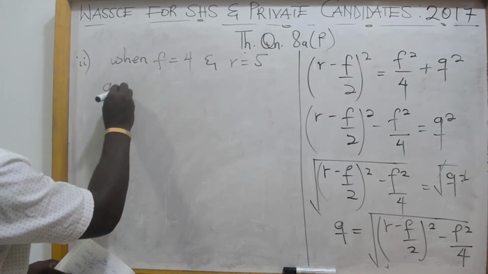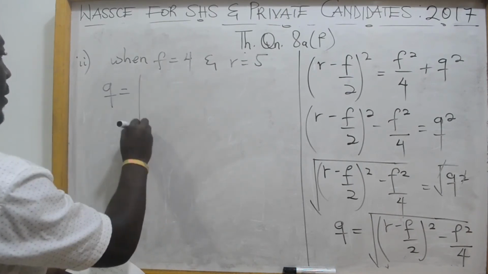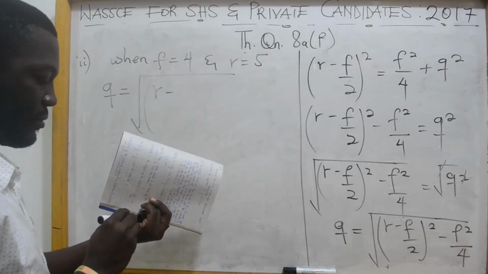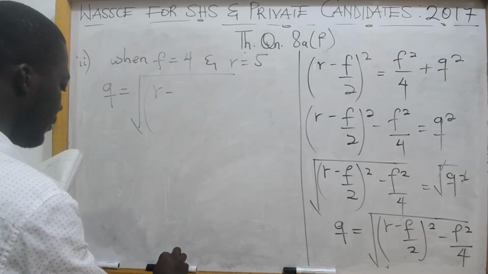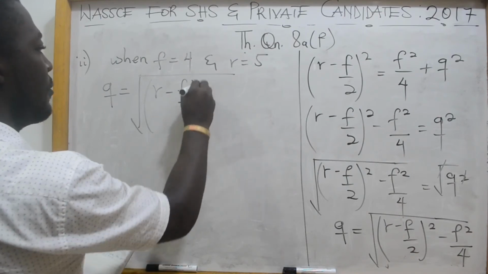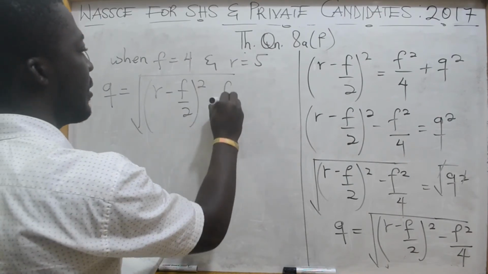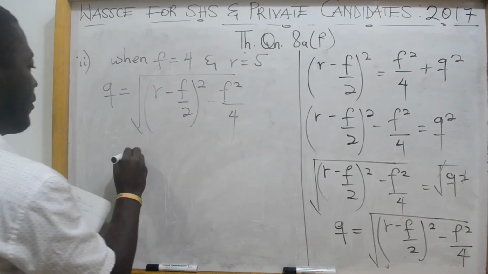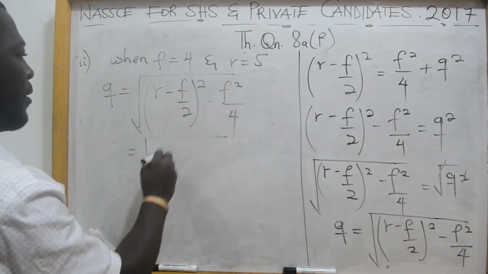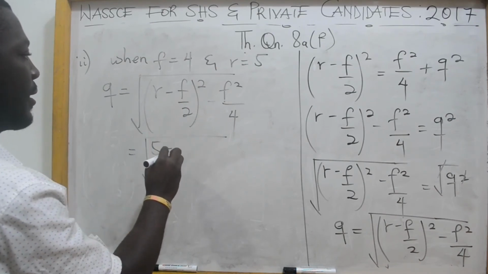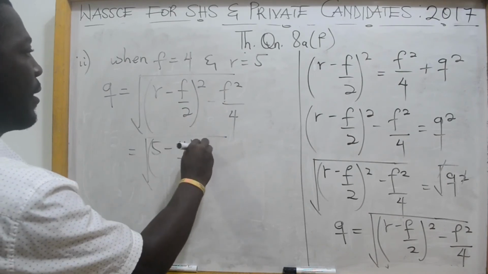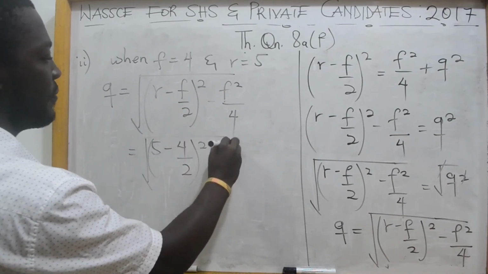Now, with the value of Q as R minus F over 2 all square minus F squared over 4. By substitution, the value for R is 5, so minus F is 4 out of 2 all square minus F is 4